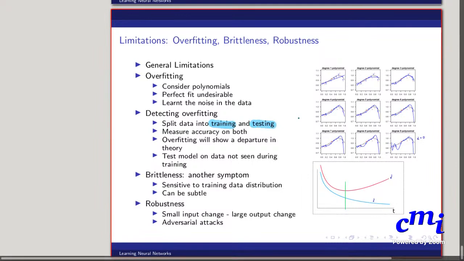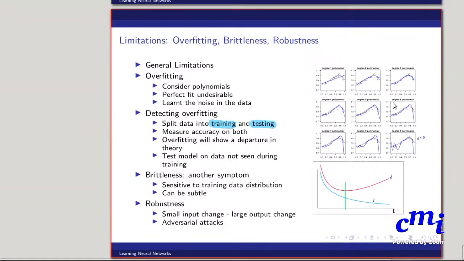And the idea is that we want to simulate the situation where, when we deploy the model in the real world, we will have to see the model run on data points that we have not seen before, right? So we simulate that by saying, okay, let's take some of the data that we have and keep it aside. We'll not train the model on that. We'll never calculate a gradient with respect to that, so we never do any minimization or optimization with respect to those points. That separate set of points from the data is called the testing data set. And the points that we keep on the other side are called the training data set, right?